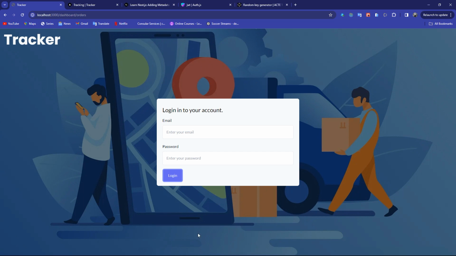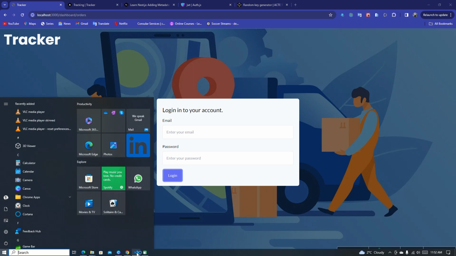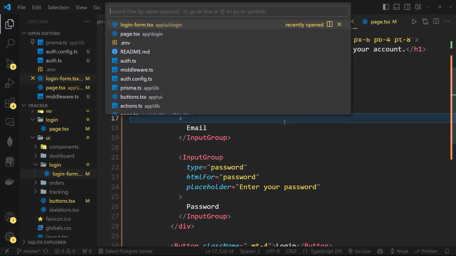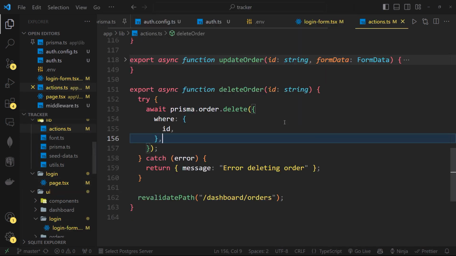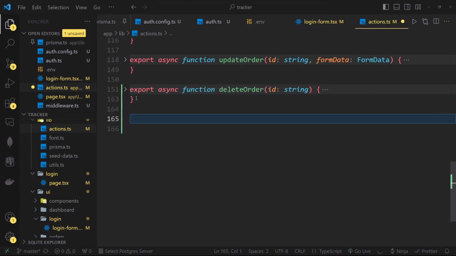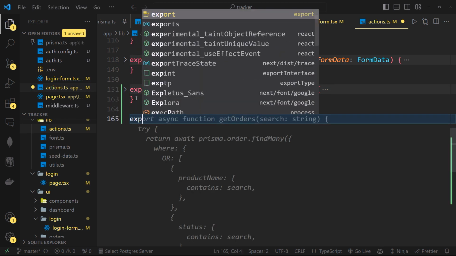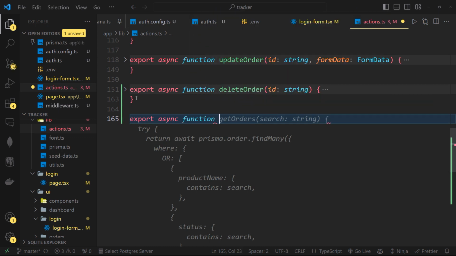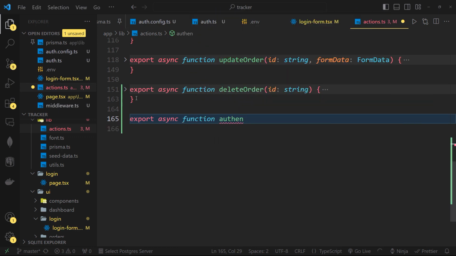Now let's go and set up our action in order to authenticate the user, because at the end you need to authenticate the user in your action. So let's go over to actions. Okay, this is delete here. We need to create an authentication action here. This is going to be a function. We'll say authenticate